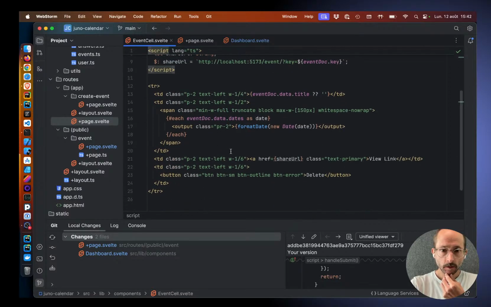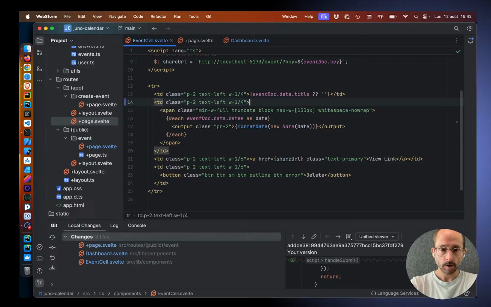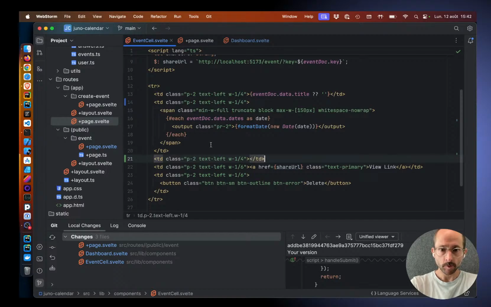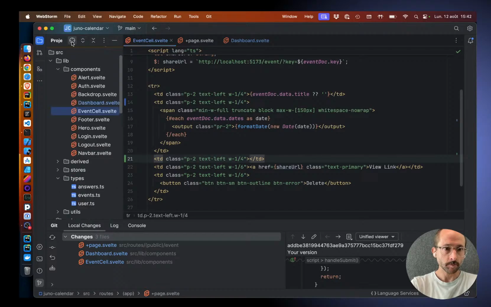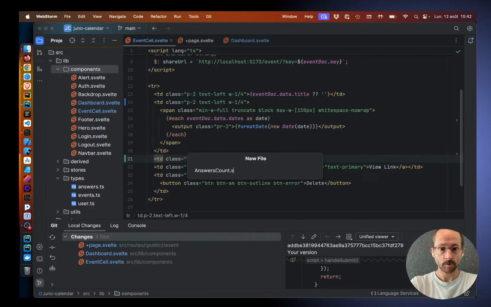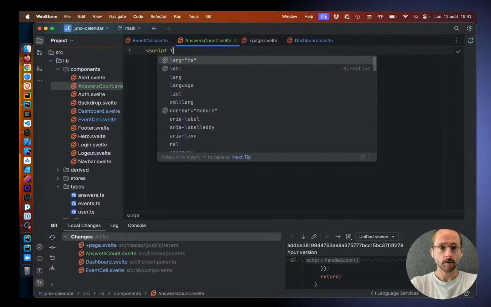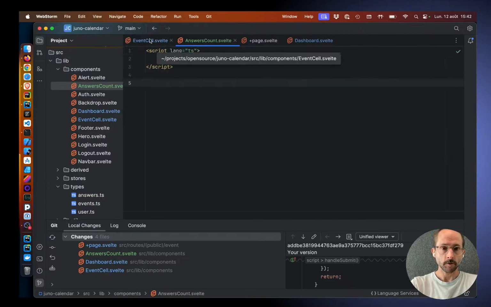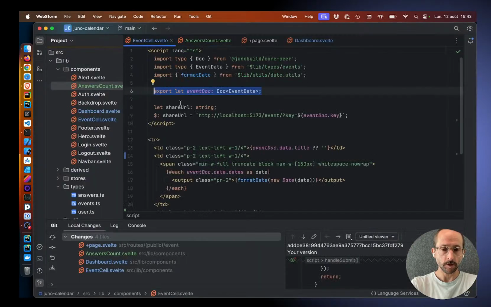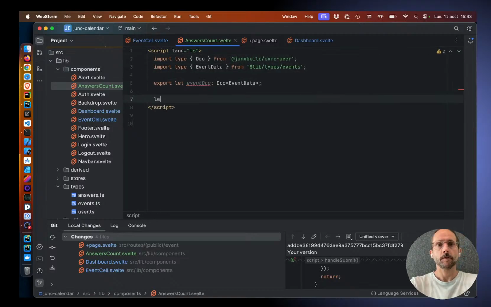And here I probably have to, 1, 4, 1, 2. So I guess I'm gonna be 1, 4. Here we want to have the count of the answers. So we're gonna call it answers count. And in that count, we're gonna get the document. And that's gonna be super consuming, but yeah, let's do that to have a try. And here we're gonna do this. So key,